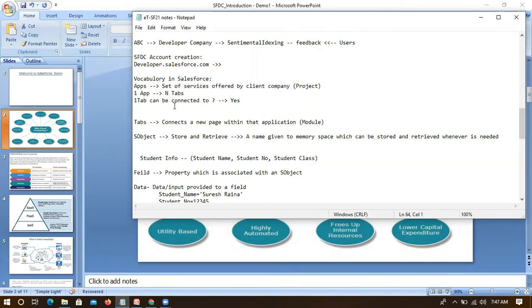And this tab can also be utilized in multiple applications.